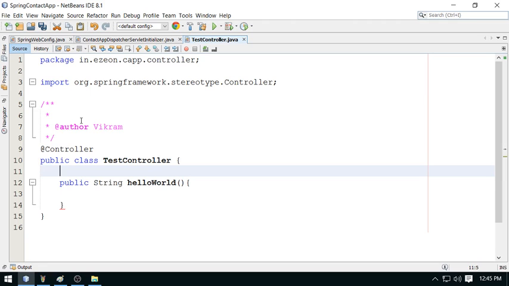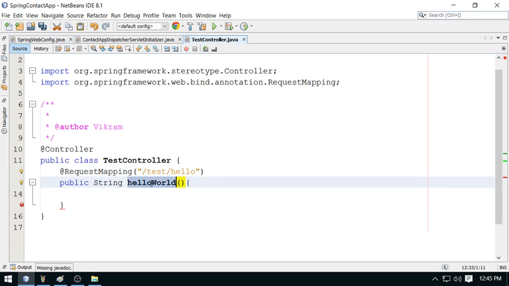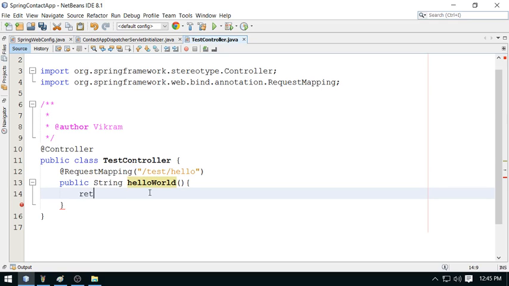So I'm going to map this request mapping and specify the URL. So this will be called using a URL here. This is test/hello world. So this is for testing. I will use this URL test/hello, right? So when I request from the browser using test/hello, this hello world will be called, and it will return a